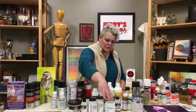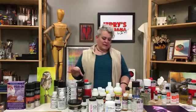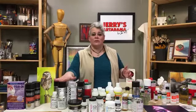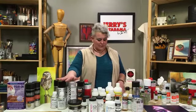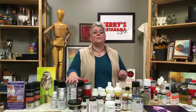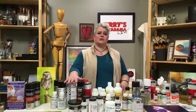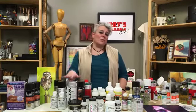Now, the ones like this that have the UV protection help protect even some of the fugitive dyes and pigment-based inks. When you look at your spray MSA varnishes, which are a mineral spirit base, which we will talk about in a little bit, that's something you can use to protect acrylics as well. Any of the MSA-based varnishes, which is mineral spirits varnish, you can actually use over oils